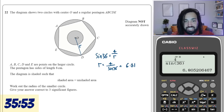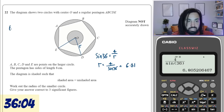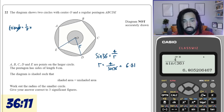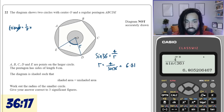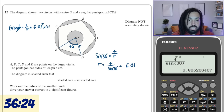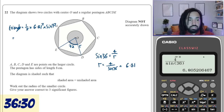Right. Let's now look at the triangle. The triangle here is a half ab sine C. Both the two sides that are flanking the angle of 72 are 6.81. So it'll be 6.81 times 6.81 and then times sine of 72. Okay, so this will give us the triangle,